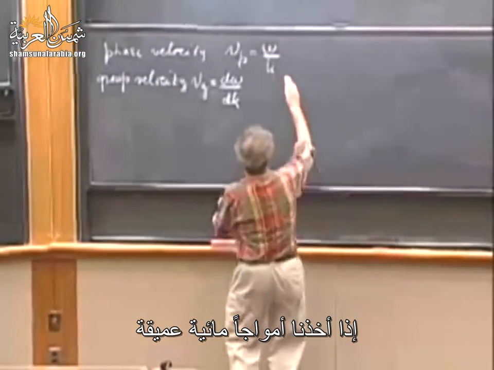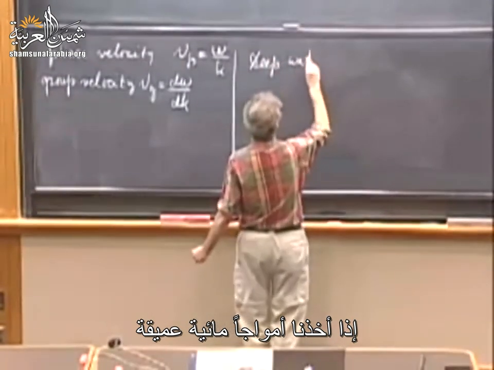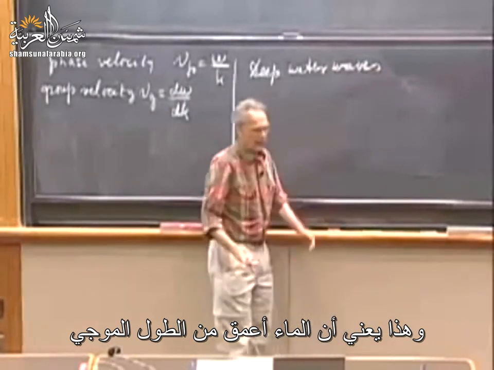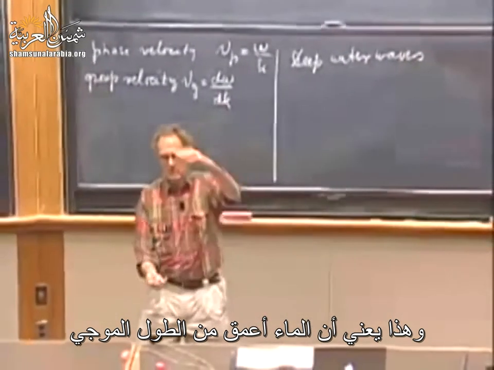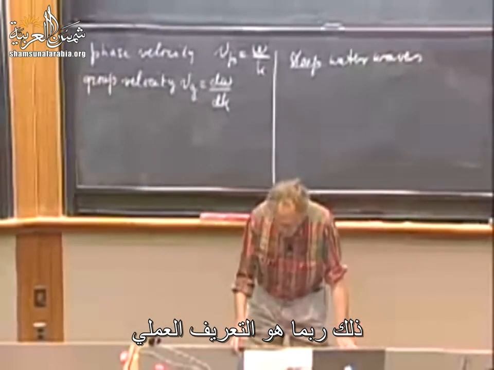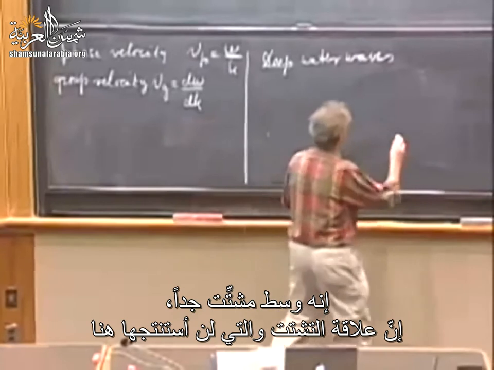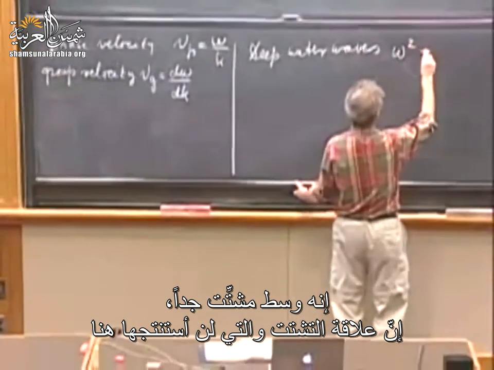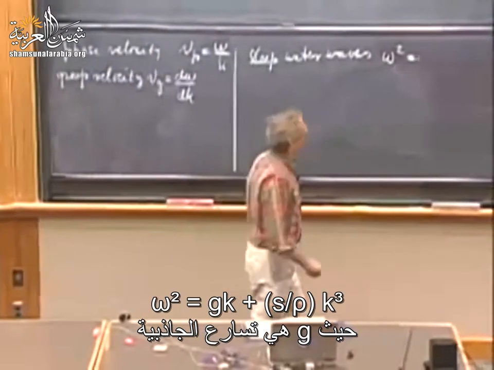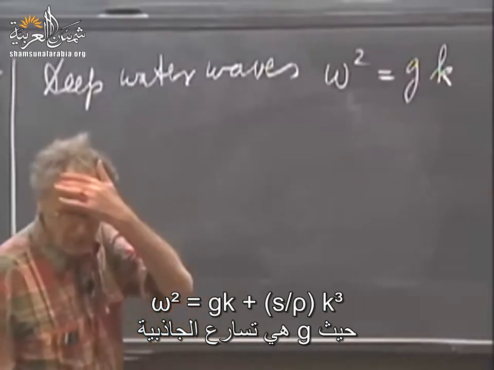If we take deep water waves, and I would imagine that what is meant by that is that the water is deeper than the length of your wavelength. That is probably the operational definition. It's very dispersive. The dispersion relation, which I will not derive, I didn't derive it either for the string, is omega squared equals gk, where g is just the gravitational acceleration, plus s